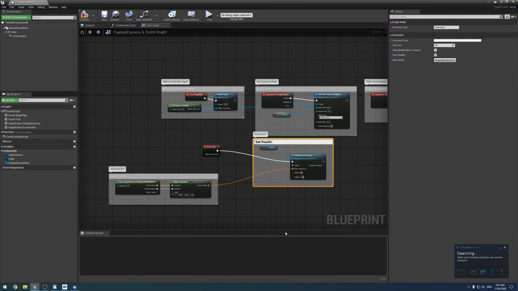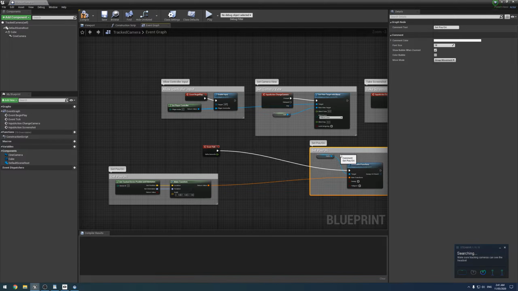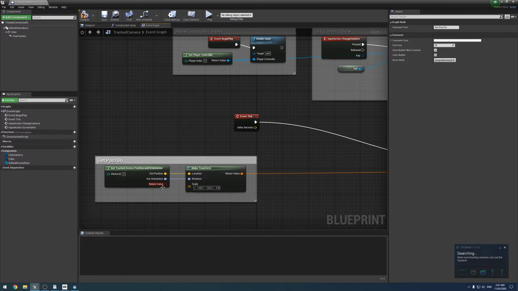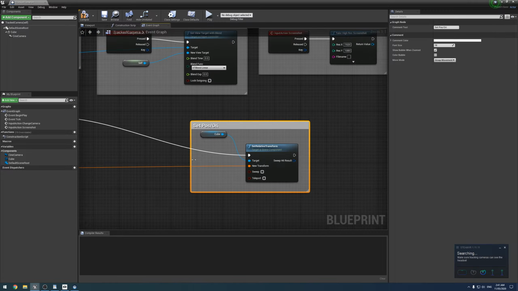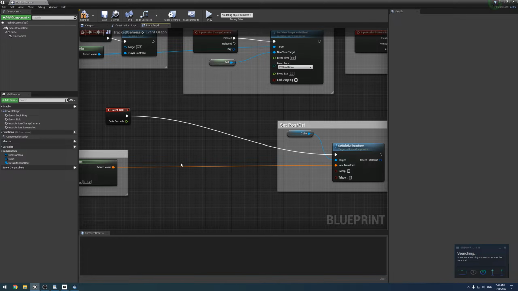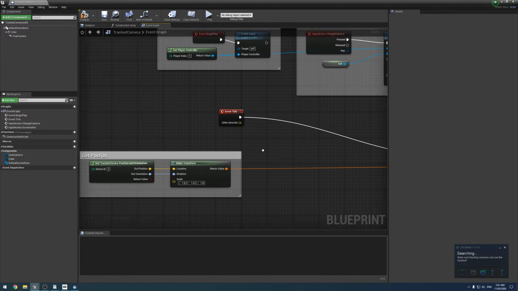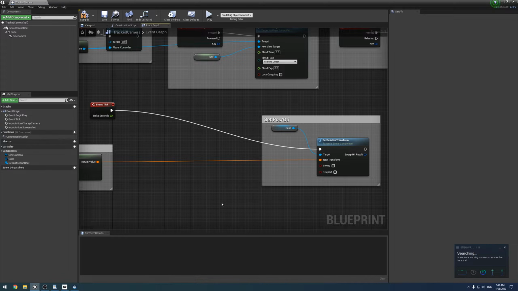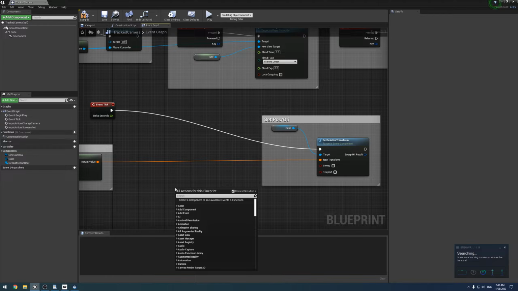Alrighty. So what we want to do is we get our position, turn it into a transform, and set it. So we want to interrupt in the middle here and add a few more things to smooth out the end result. So to do that, what we need to do is we need to get our relative